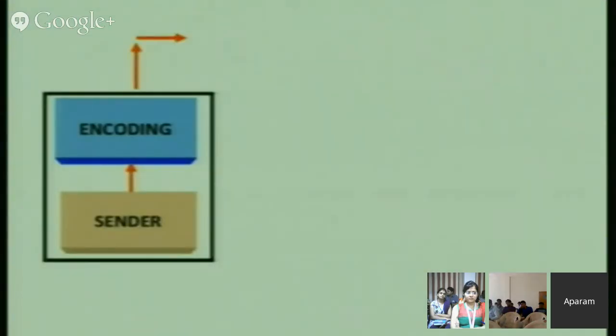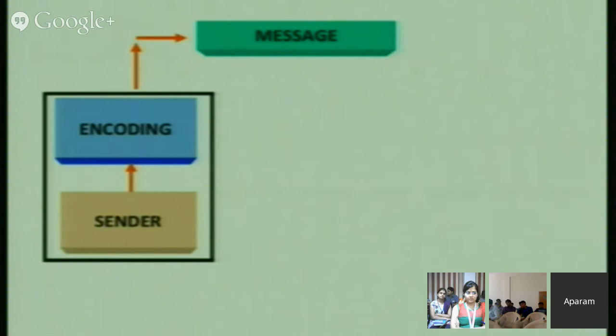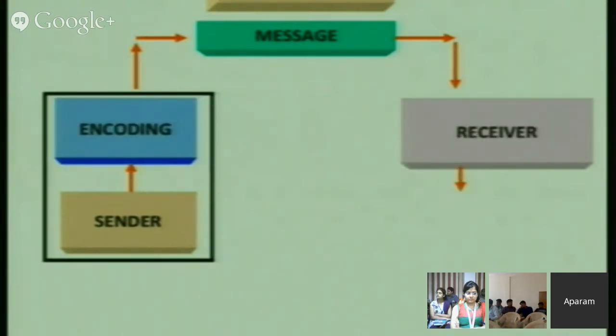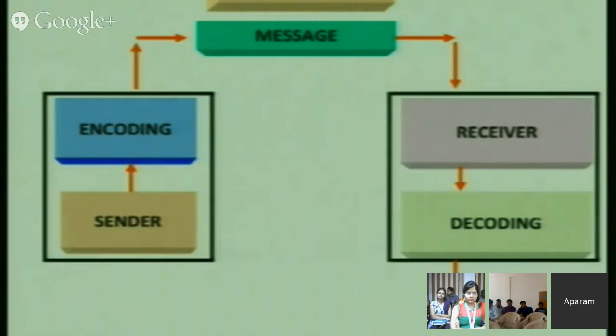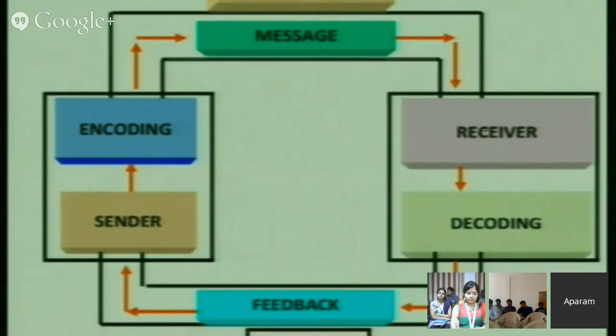interact among themselves to determine the content and nature of communication, right? So it is not one factor that affects the process of communication. And here you can see the relationship. Sender is involved in the process of encoding the message, which consists of verbal and non-verbal symbols. The message is transmitted to the receiver through a channel. The receiver decodes the message and provides feedback to the sender of the message, and the sender modifies the subsequent messages based upon the feedback.